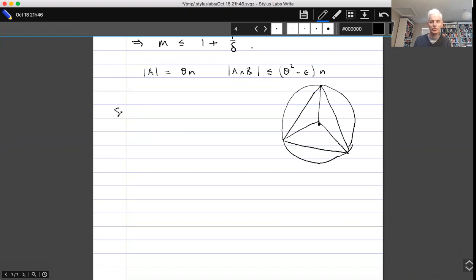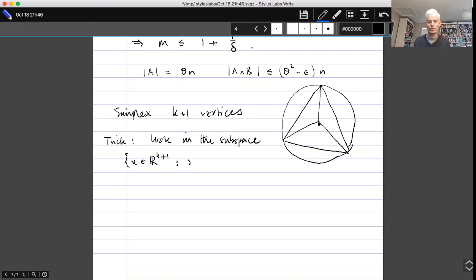We're trying to find a simplex with k plus 1 vertices in R to the k. The trick is, don't look for it in R to the k, look for it in R to the k plus 1, but in a subspace of k dimensions in R^(k+1). So, trick: look in the subspace, the set of x in R^(k+1) such that